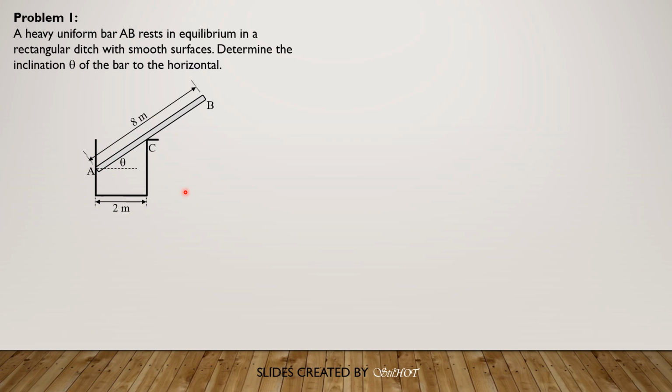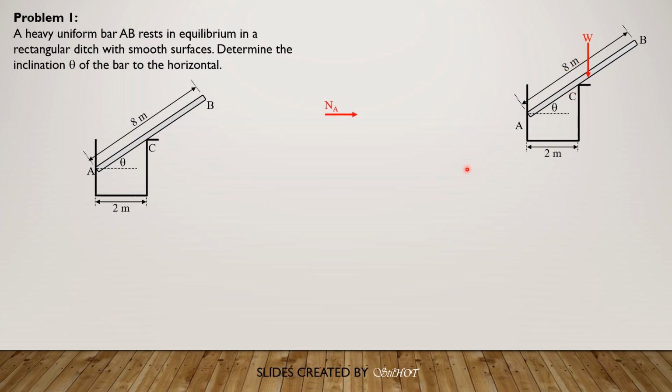So this is the given figure, and let's draw the free body diagram of the heavy uniform bar. Since the contact surfaces are smooth, the normal reaction at A would be horizontal. So we have the action force, which is the weight of the bar, and it acts at its center. Its distance from B or from A would be 4 meters, which is half of the length of the bar. Then we have the normal reaction at C, which is perpendicular to the length